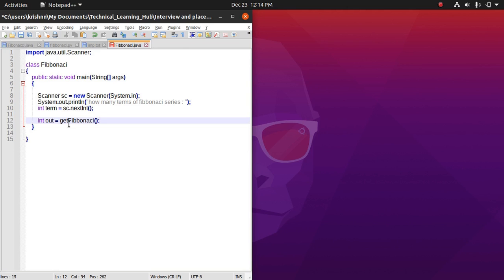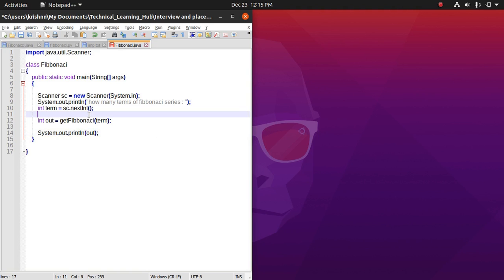Let's rename it Fibonacci, and we will pass the argument term, and now our result will be in out. So now we will print out. Let's see first